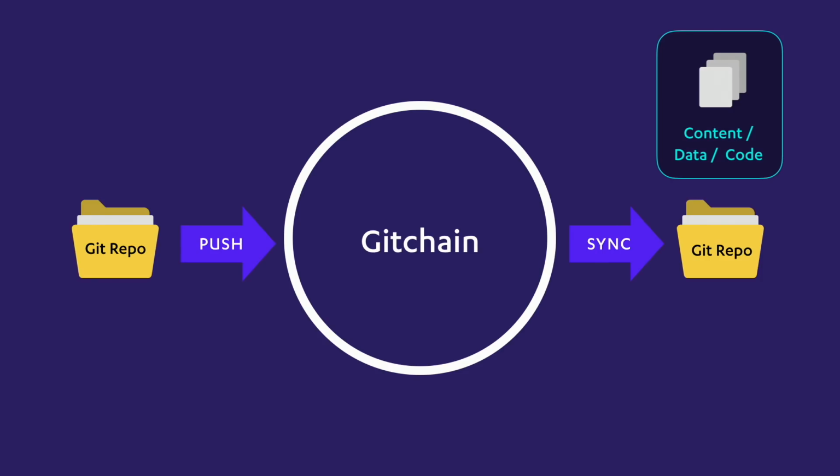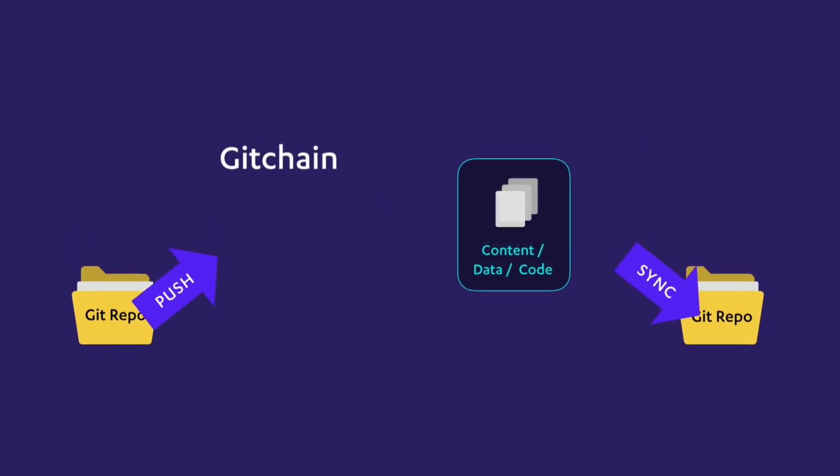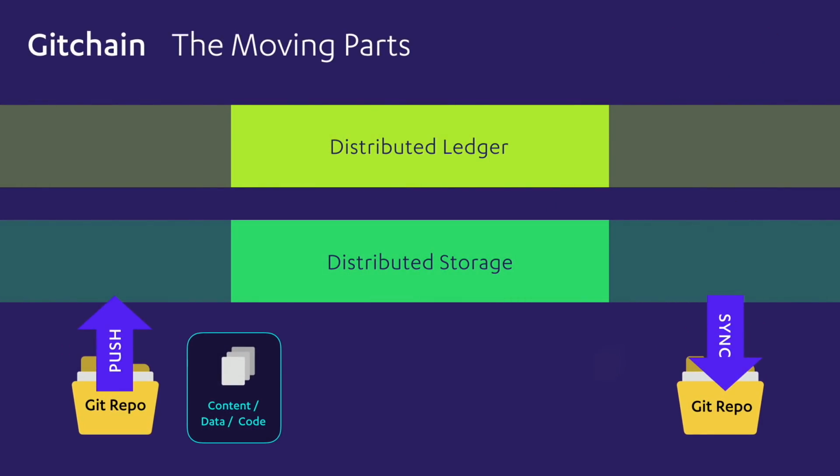This is what we call synchronization. Syndication and synchronization are pretty similar. I would say syndication has more rules determining what you can do with it, but if you're just making a copy of the whole thing, then it's basically synchronization. So I hope that makes sense. Gitchain has a hollow middle, and it just routes around the boundary through the concept of a distributed network. But let's be a little more concrete about the moving parts of this distributed network.